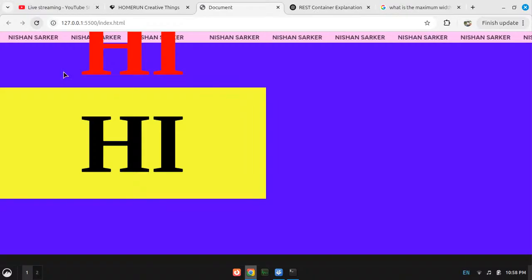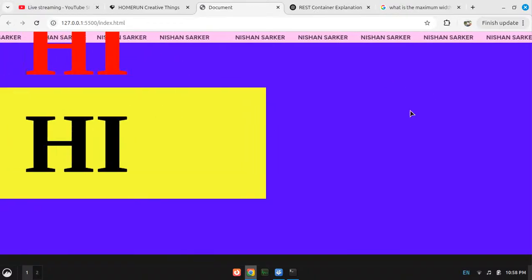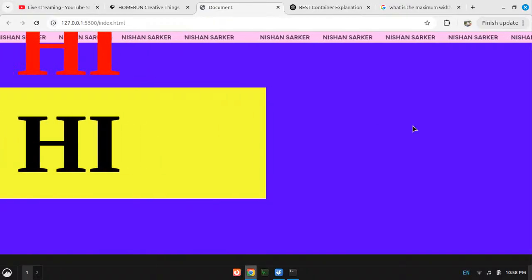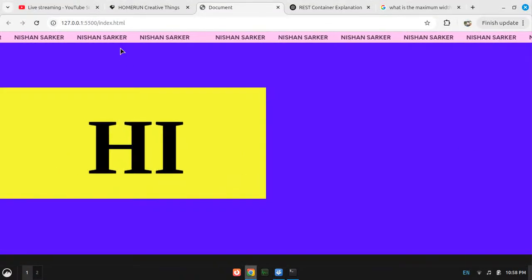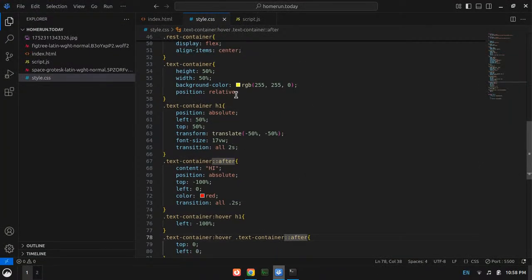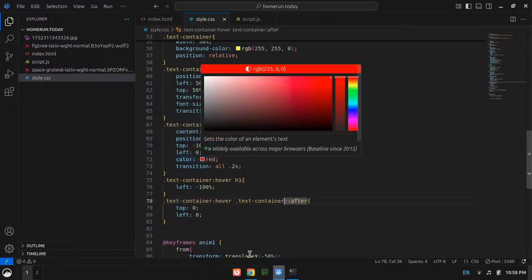Okay, it is there. And yeah, if I use h1 over h1 after, that won't work. But if I do text container after, now will it work? No, it doesn't work. The text container has a position relative in absolute.